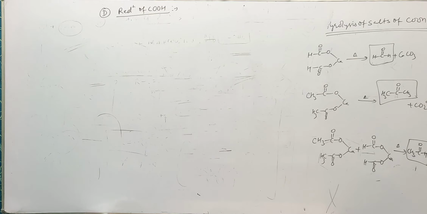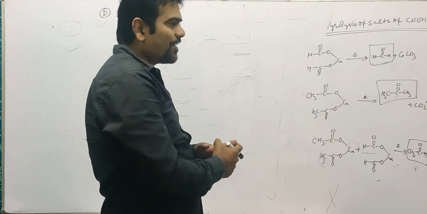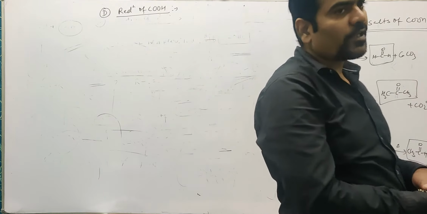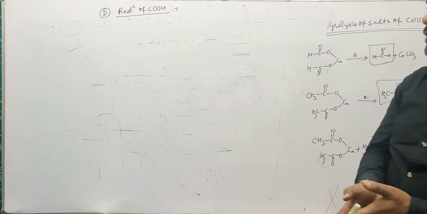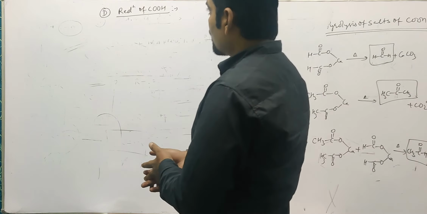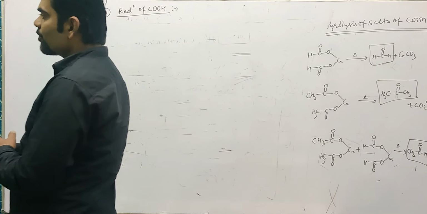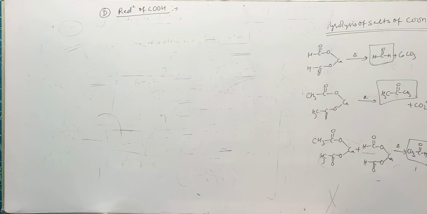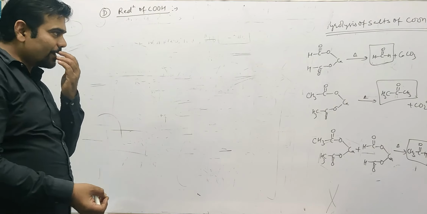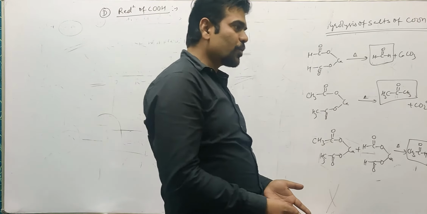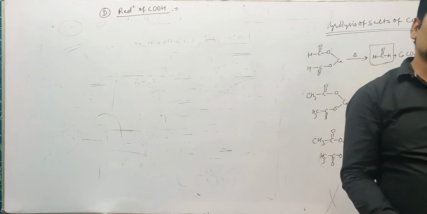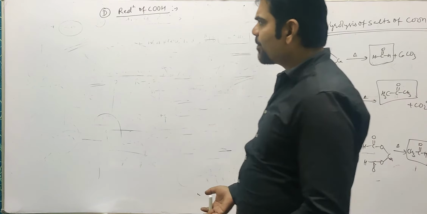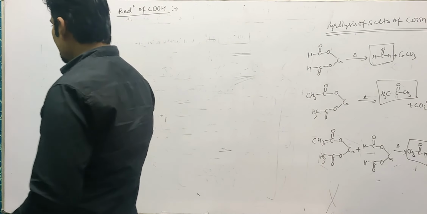Carboxylic acid undergoes reduction by the use of some selective reagents, because the reduction of carboxylic acid is difficult. It does not get reduced easily because of the double bond character and the more resonance contributing structures of carboxylate ions. So with a few selective reducing agents, carboxylic acid gets reduced to the corresponding ketones or aldehydes or alcohols. That depends upon the nature of the reducing agent which we are using.